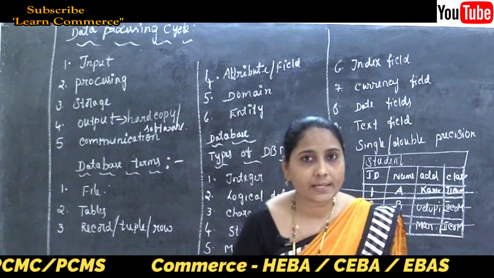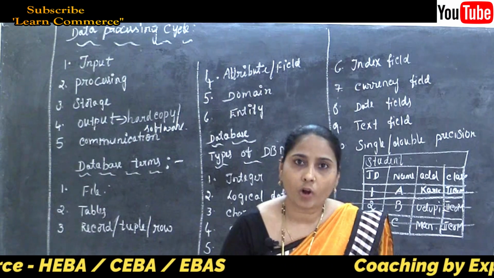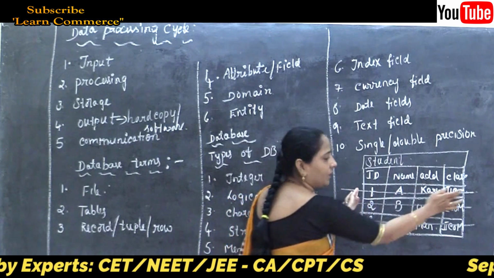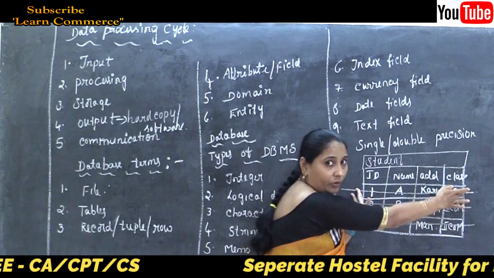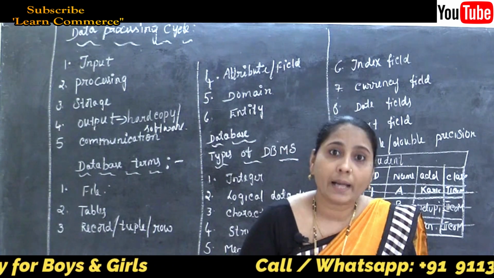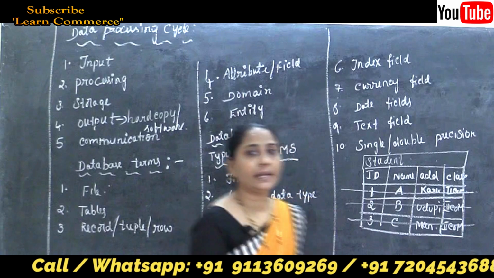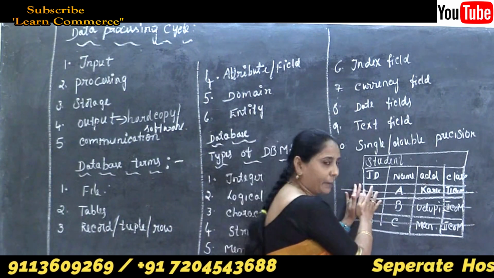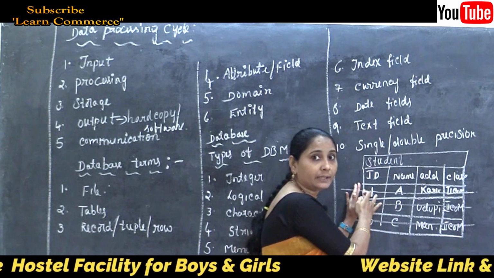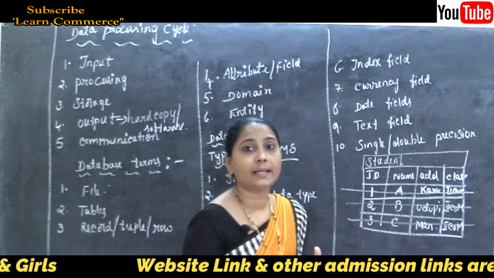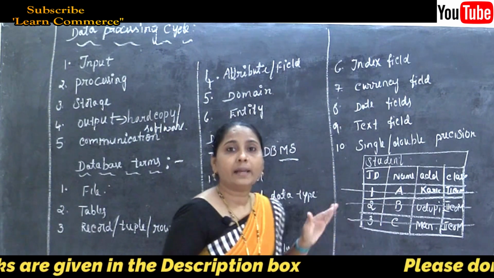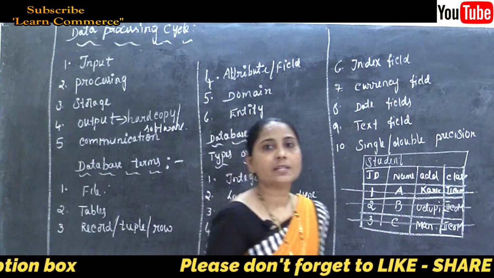So we can say that the meaning of the record is a single entry in a table, just the information about one student. Or in other words, a record in a table represents a set of related data. Clear this point here? It represents a set of related data. That means the connectable data of each student is called the record, and such a record is also called the row.